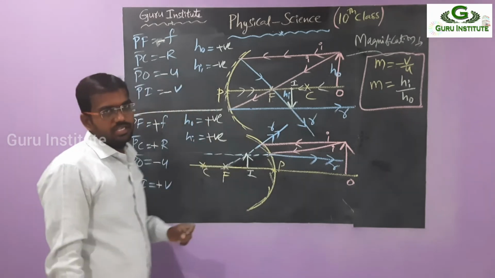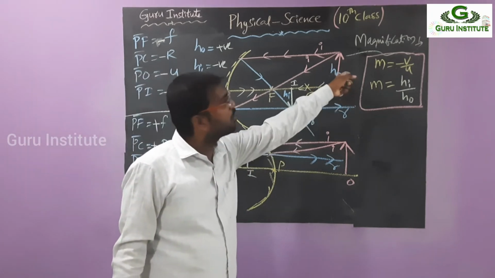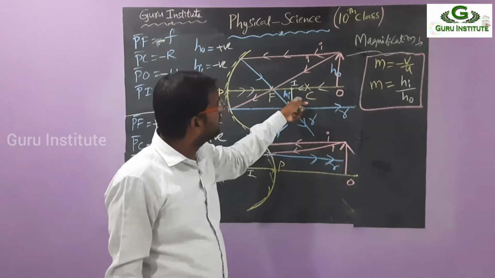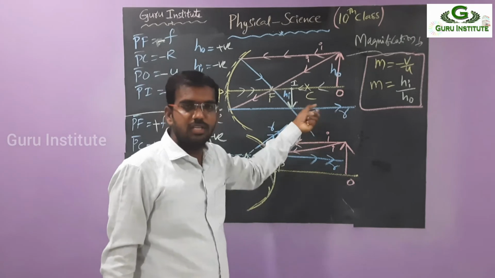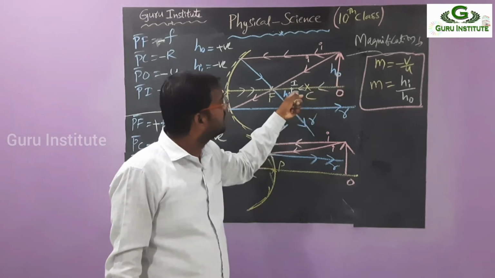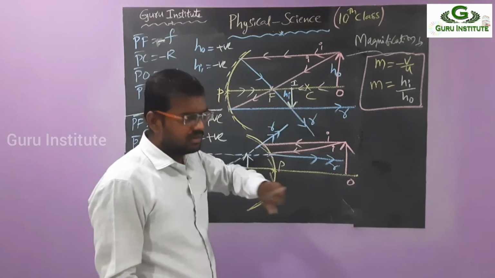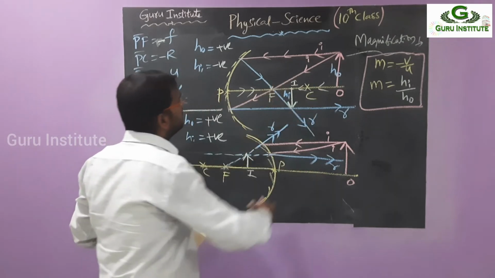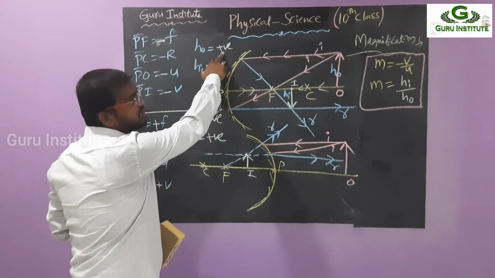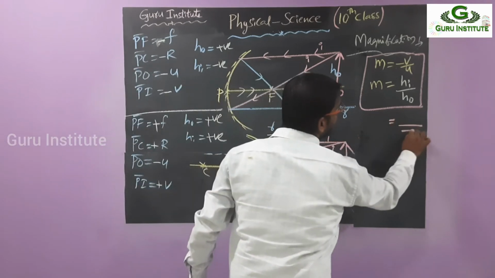Let me take that from the picture. Suppose this is 4 meters. Is the image smaller or larger compared to this one? Smaller. Suppose it's 2, or 4 or 2, whatever it may be. Okay, that is 4 and 2. Then for h naught of 4, in the concave mirror, is the object always positive or negative? Positive. So automatically in the denominator, what do you get? Plus 4.